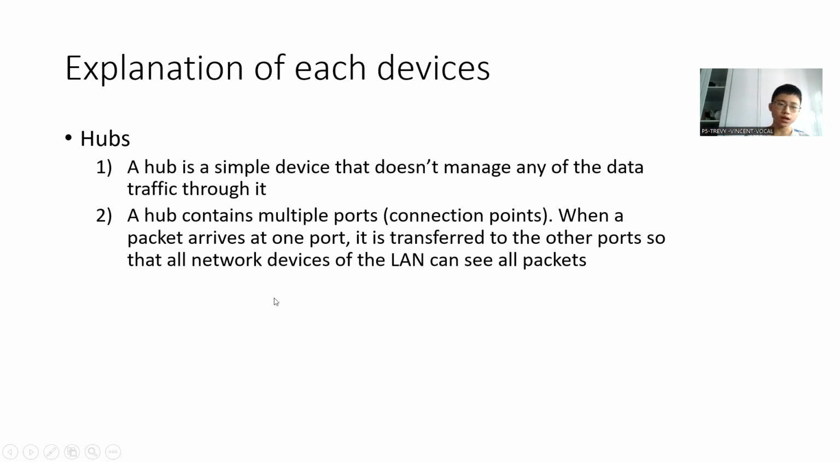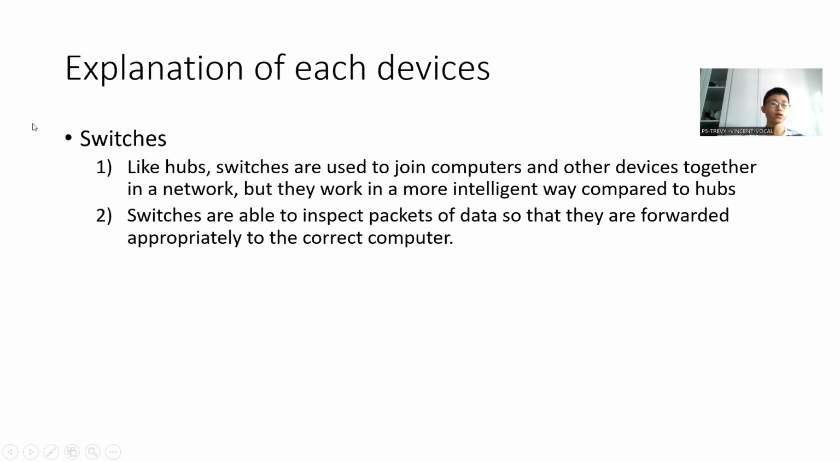Now hubs. A hub is a simple device that doesn't manage any of the data traffic through it. A hub contains multiple ports. When a packet arrives at one port, it is transferred to the other ports so that all network devices of the LAN can see all packets. While